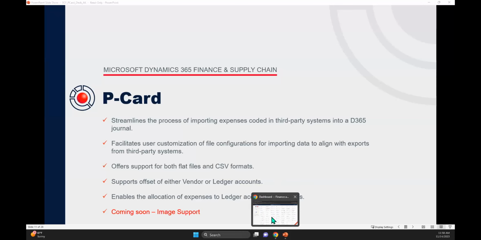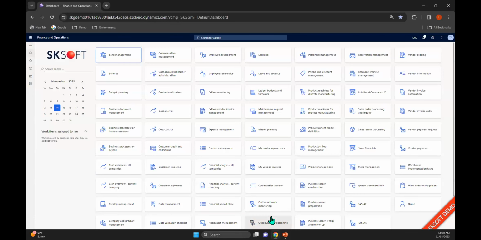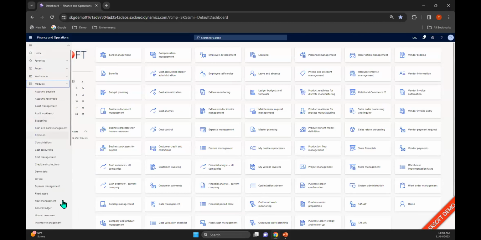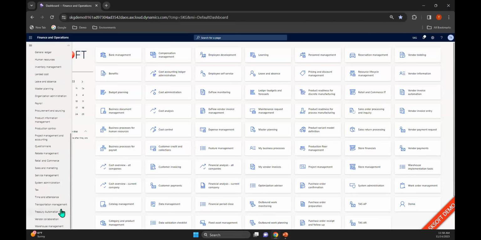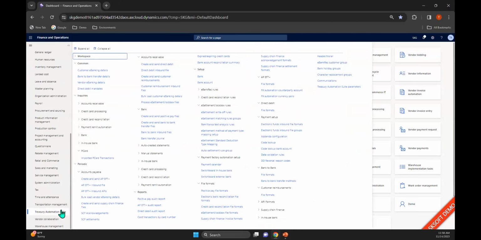Okay. We do have a format here, but we don't have standard formats. We allow you to build those all out, and that piece, as I said, is done in Bank Fabric. So now I'm going to go in and import a P-card journal out there.